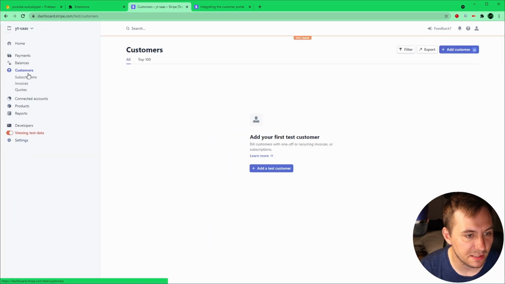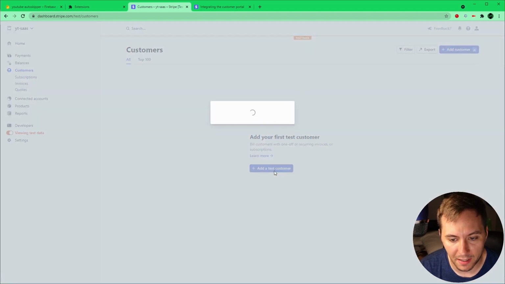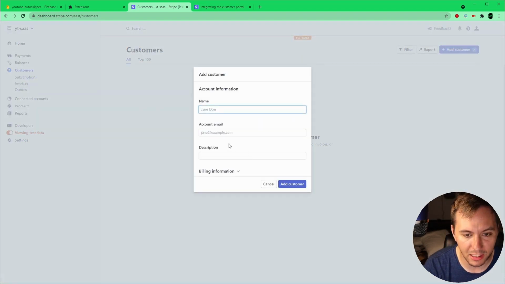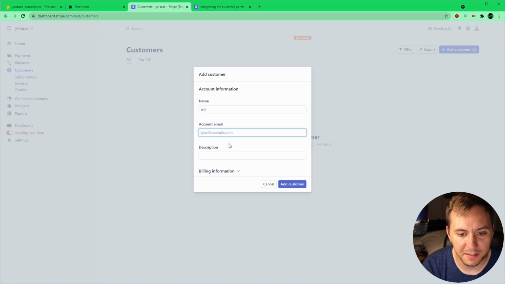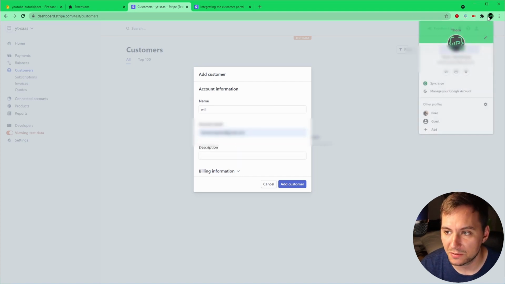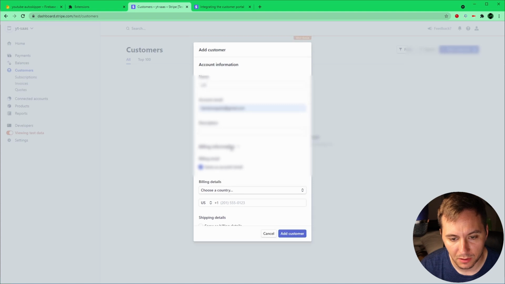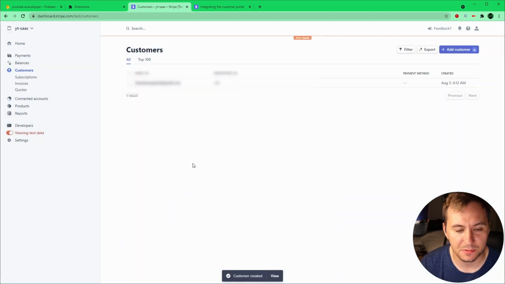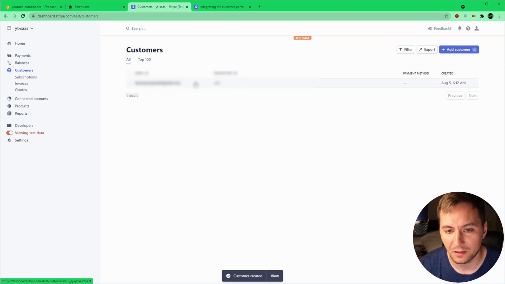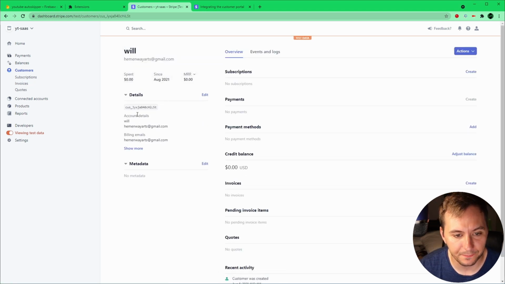Let's go to customers, click add test customer. Name can be whatever, and then account email will be the email that you use. Description, billing information, whatever you want to do. We're just going to click add customer. So really we just needed two points of information and we got our customer. We can click on our customer here and you can see our customer ID. We can copy this and